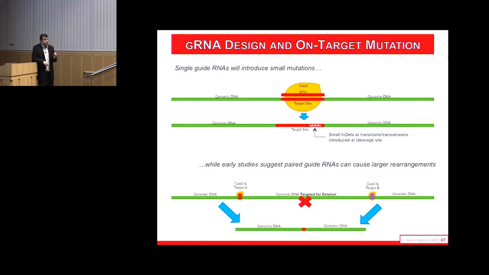3% of the time, what we actually made was an inversion. I took out the slides for this, but just by using a dual guide cut site, 3% of the time you actually get an inversion of the region between the two guides. And in fact, we induce translocations a small number of times as well. We figured this out by sequencing.